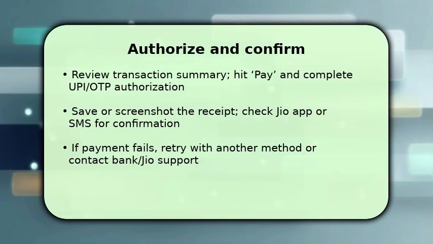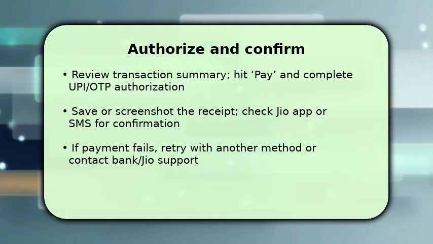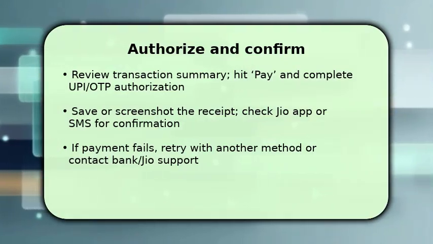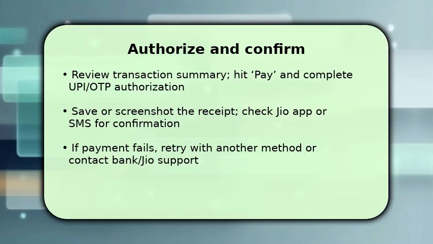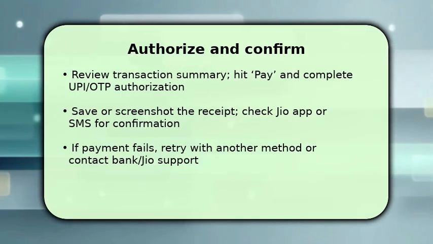You finish by reviewing the summary so there are no surprises. Then tap Pay and complete authorization using UPI PIN, card OTP, or bank confirmation. Once payment succeeds, immediately save or screenshot the receipt and verify confirmation via SMS or the My Jio app so